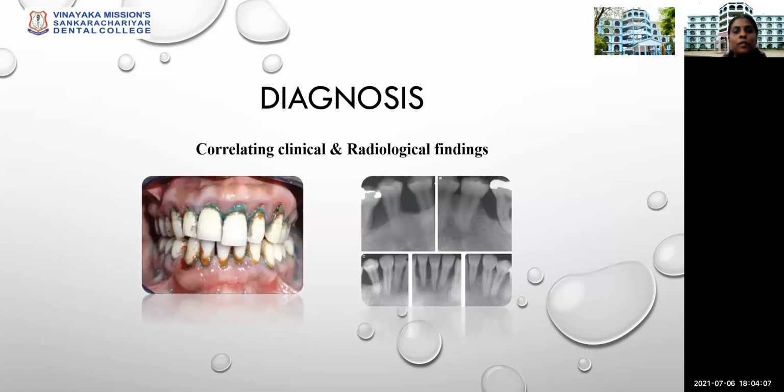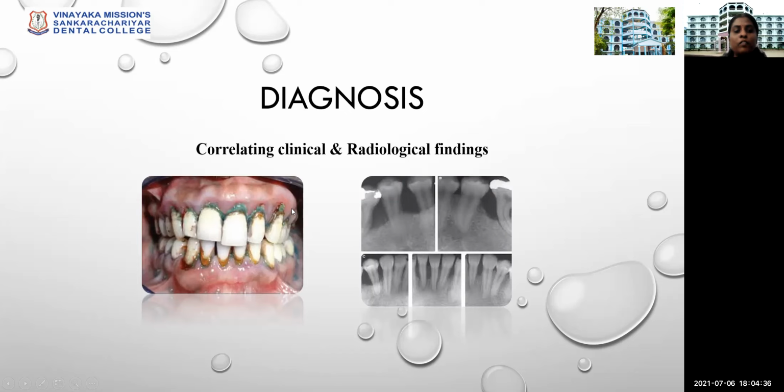How will you diagnose chronic periodontitis? You have to correlate both the clinical and radiological findings. Sometimes clinically, the lesion may look firm and fibrous because of its chronicity, and bleeding may not be evident in case of smokers. But if you look radiologically, there will be so much attachment loss. So you have to correlate the clinical and radiological findings before coming to a conclusion whether it's a periodontitis or